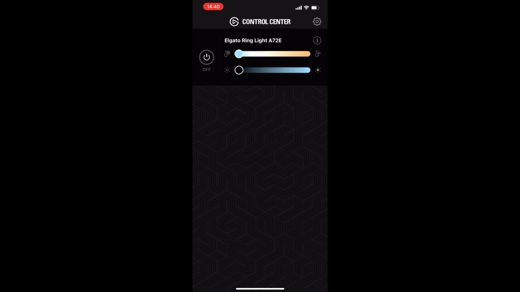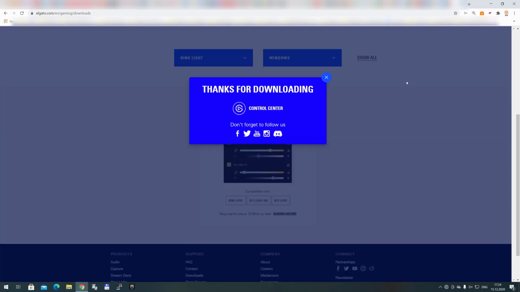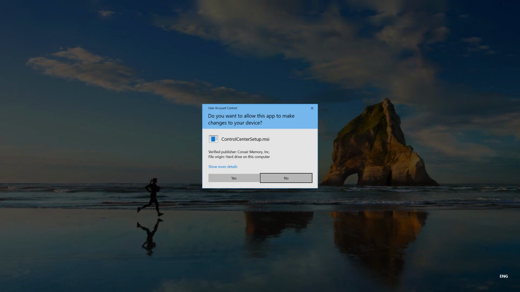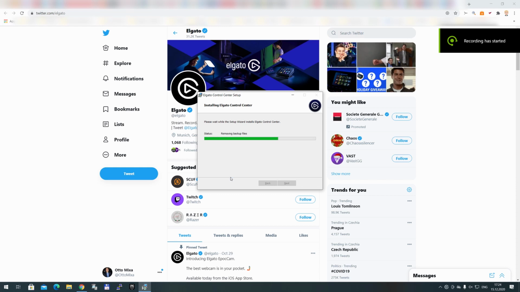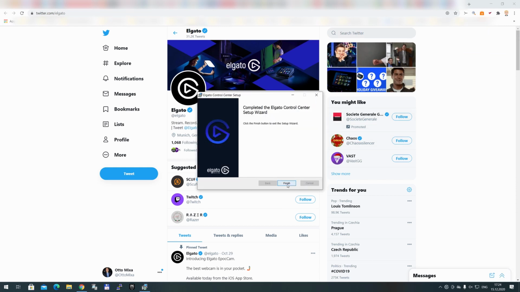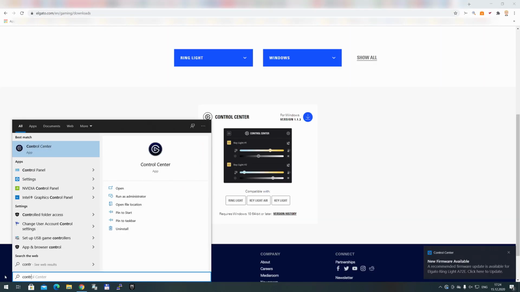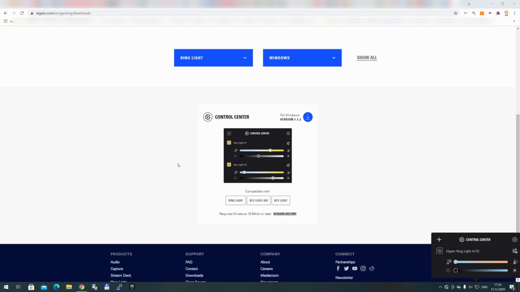Let's jump into the Windows application installation, and you can find the link to download it in the description field below the video. You can go ahead and hit the download button and the application will appear in your download section. Then you can hit the open button and the installation wizard will install it. Once the application is installed, you could notice that I'm prompted for new firmware. And then I can hit the start menu of my Windows and search for Control Center.